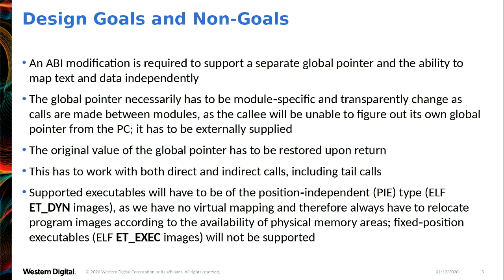So if we've got a single program loaded into memory and all its dependent shared libraries, each of those libraries and the main executable will have separate global pointers assigned, and the global pointer has to be updated whenever a call is made between modules, because the modules themselves are not able to determine their own global pointer,